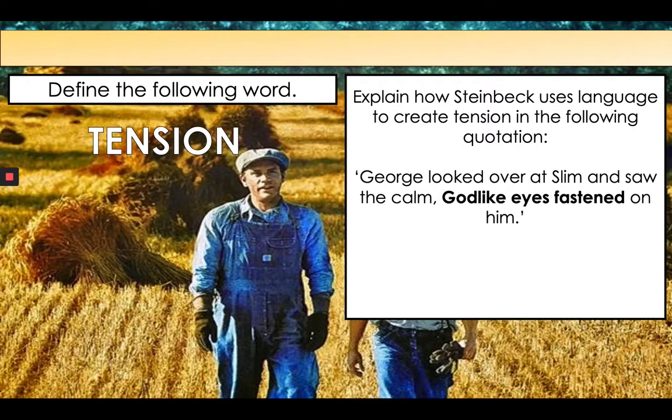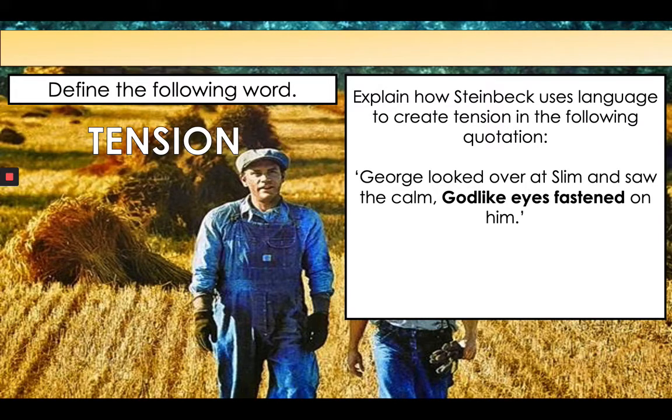Right, hopefully you've picked up on Slim's description. He's got calm, godlike eyes which fasten on him. So here we've got a great example of using atmospheric words to create tension. The fact that Slim's eyes are described as godlike, the idea that they're all seeing, all powerful, that they can see into the very nature, the very truth of George, makes him